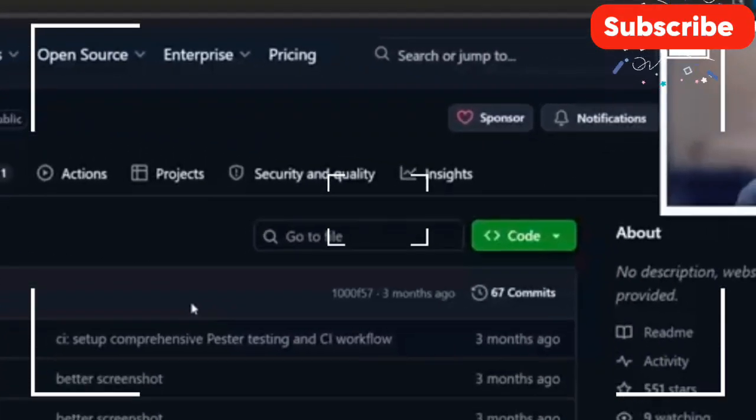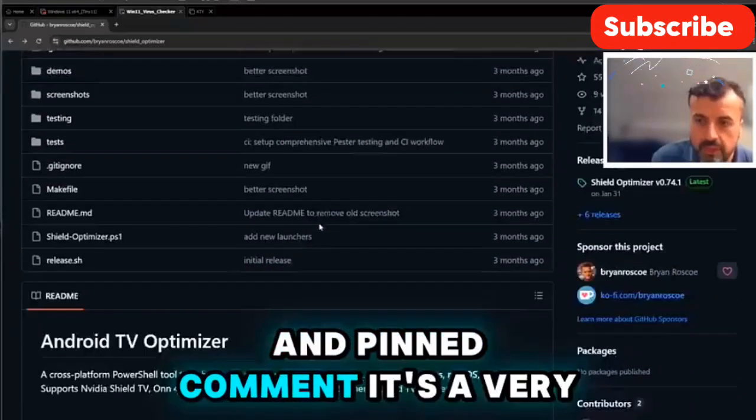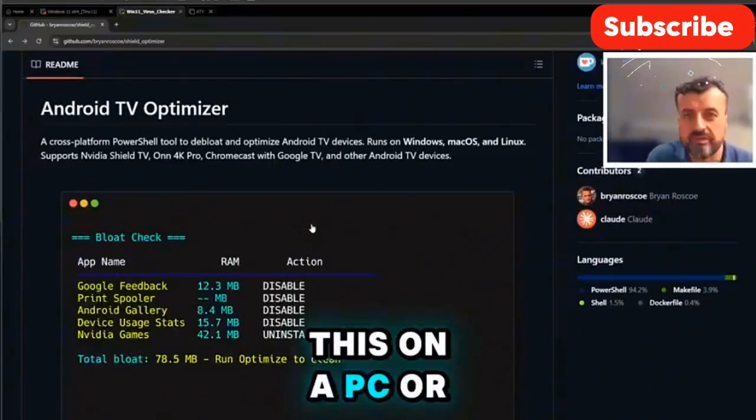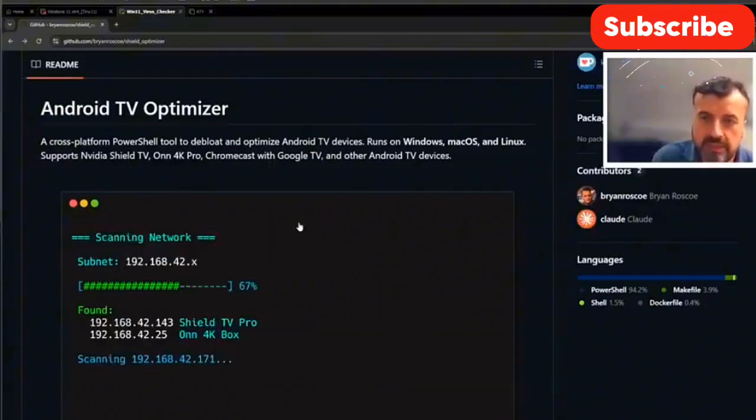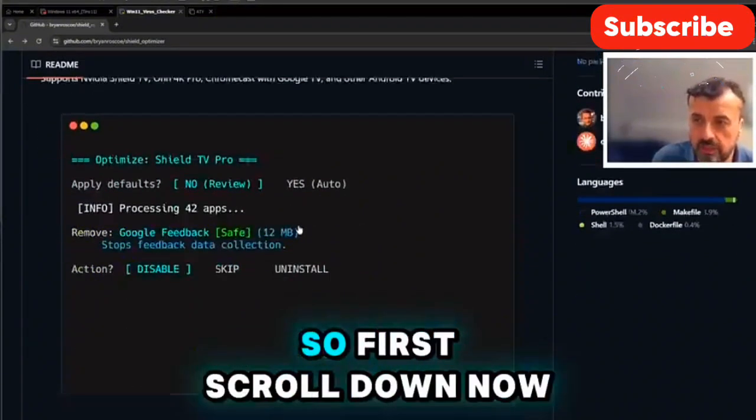So this is the person's GitHub page, and I will leave the link to this in the video description and pinned comment. It's a very, very straightforward installation process depending on whether you're doing this on a PC or a Mac or Linux, but essentially you want to install PowerShell 7 and then use that to run this script. So if I scroll down,